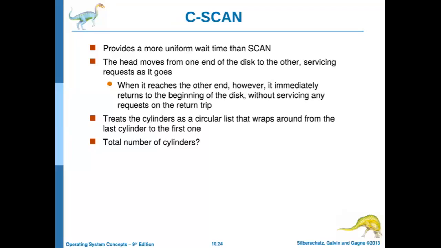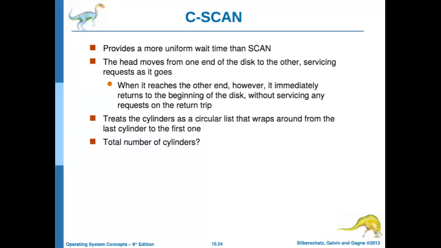of the disk without servicing any request on the return trip. So in the scan algorithm, we modified the direction. Okay, so it follows only one direction. When it reaches one end, it will go to the beginning or end, depending. For example, if that end is towards 0, it will move to the end, something like that. Okay, so it will not provide service